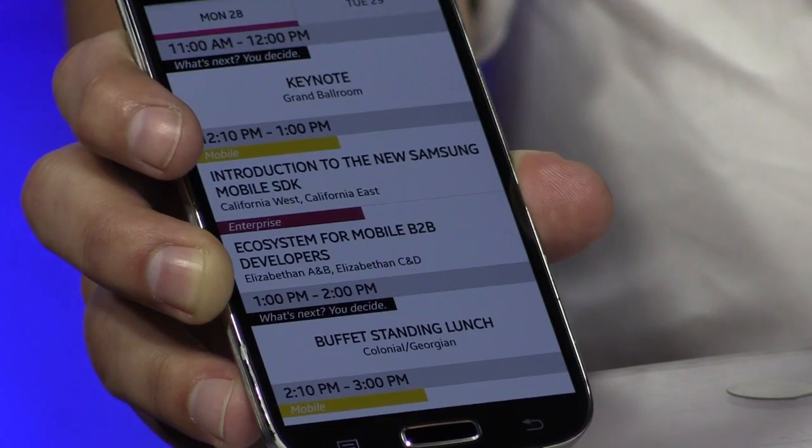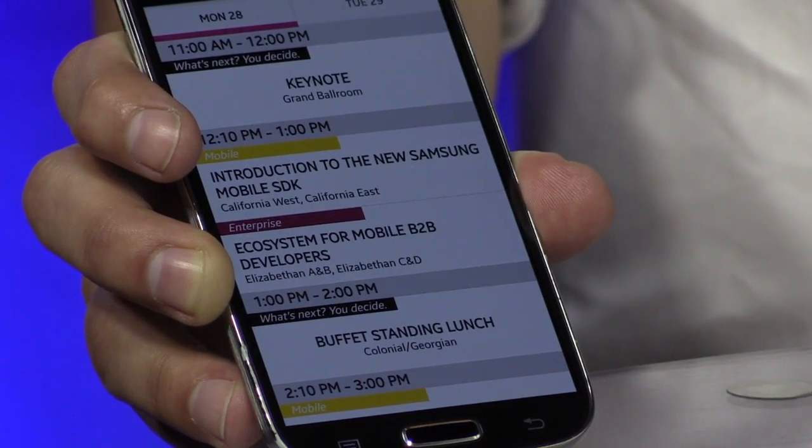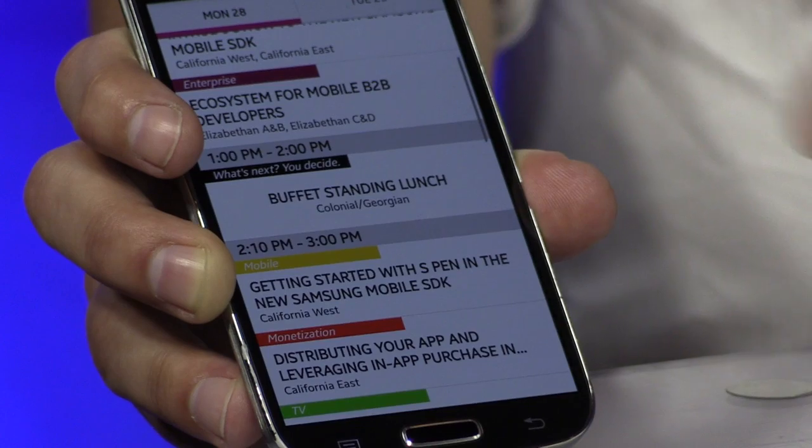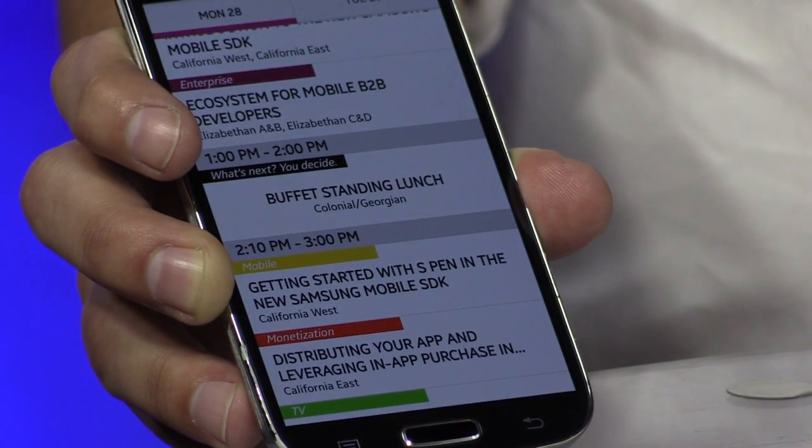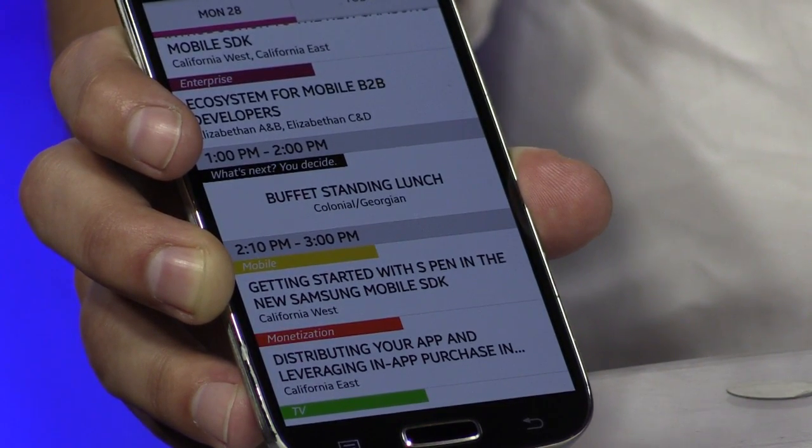Great. Yeah, and for a conference like this, where it's on different floors and all the different sessions are going on, you said that you can share when you're at a specific event as well, right? Yes, absolutely. That's another way for you to see like-minded people. If you're both at a smart TV talk, then you can meet up afterwards or just chat and figure out what's going on.